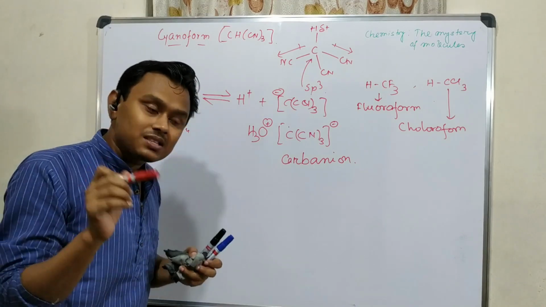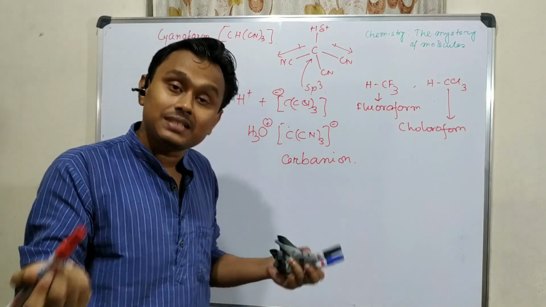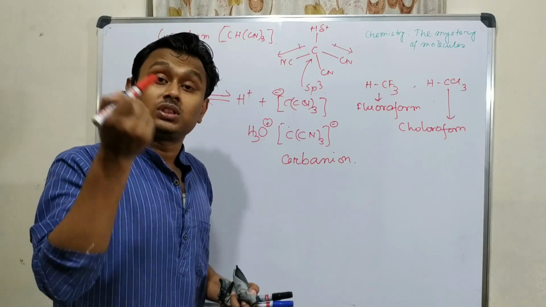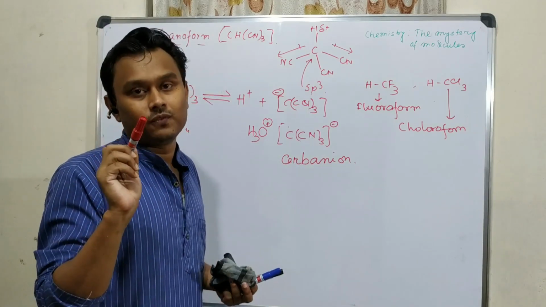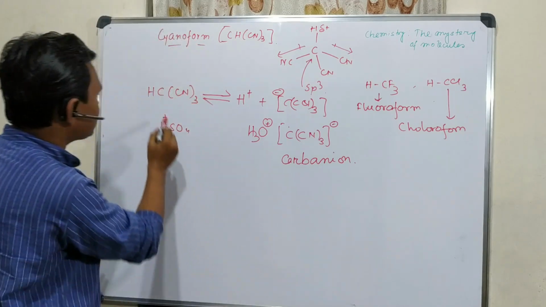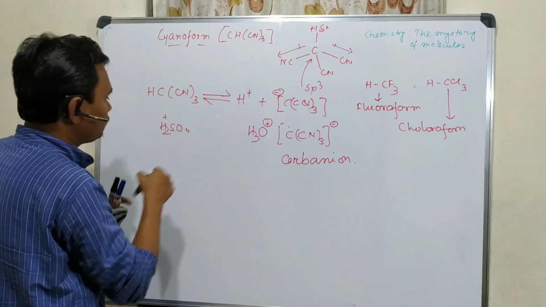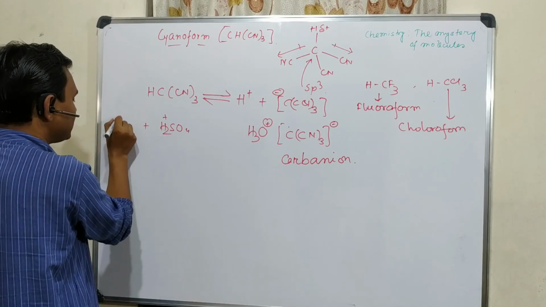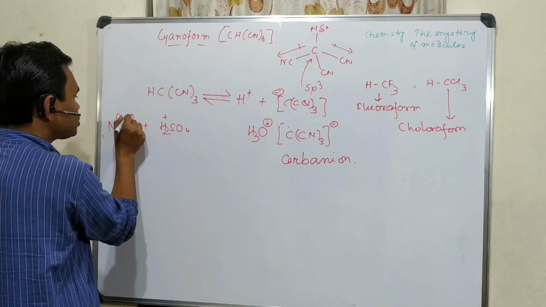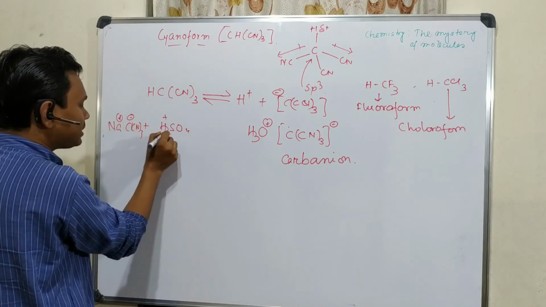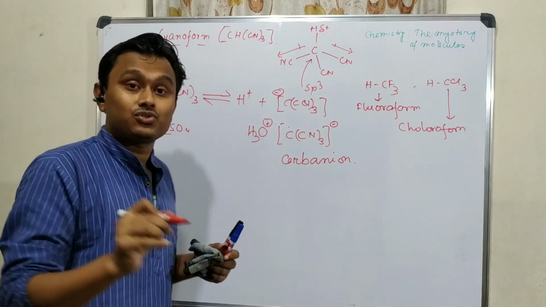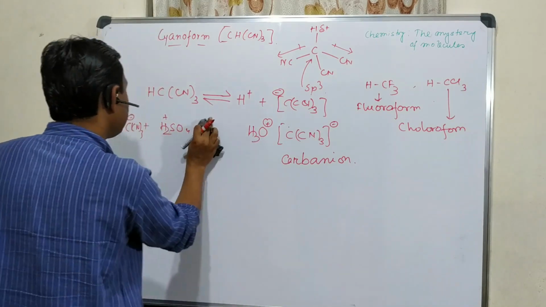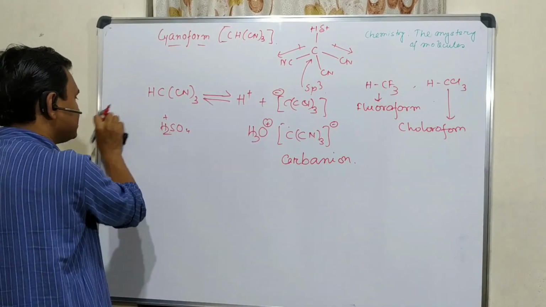See, H3O+ is an acid. Hydronium ion we consider an acid. During workup we write H3O+, meaning it's acid. So this carbanion is stabilized in the presence of acid. This is the uniqueness of this material. We expected that, as in the previous synthesis, we take the sodium salt, and then this sodium salt could react with sulfuric acid and produce that carbanion. Actually it is not producing that, it is producing this. So it is stable in the presence of acid also.